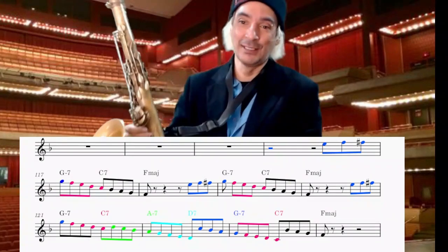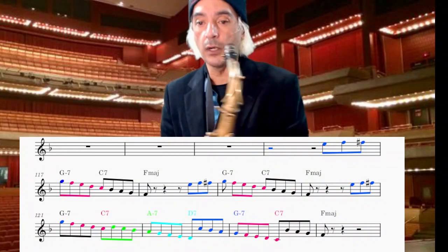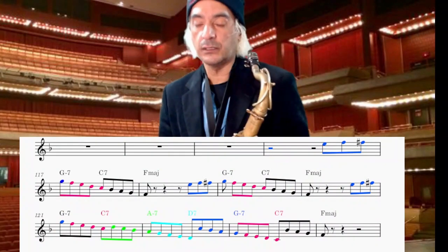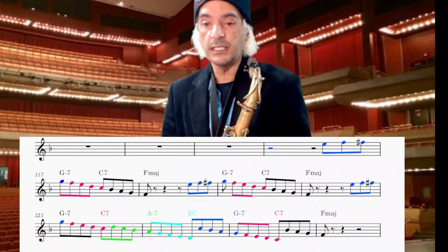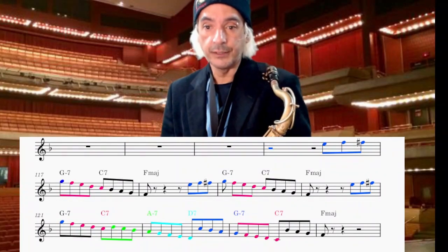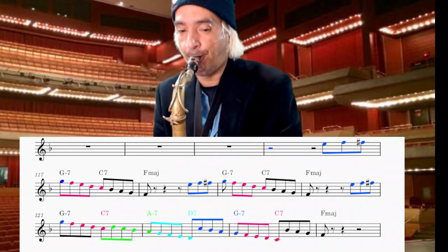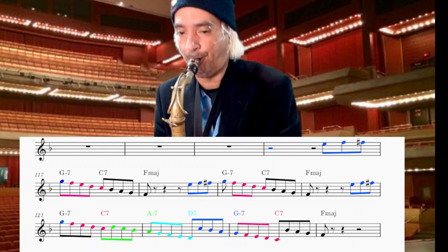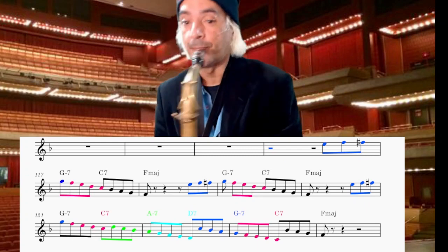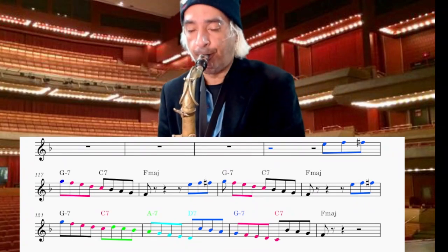Next. You want to see the next? I love this. I wouldn't play it like that, I would mix it up a little. And that blue is going to mix it up a little bit more. And these scales are going to be replaced with other things as well, right? But this is what we're doing in the meantime. I love it. You know, so here we go. Up, down. How about like...